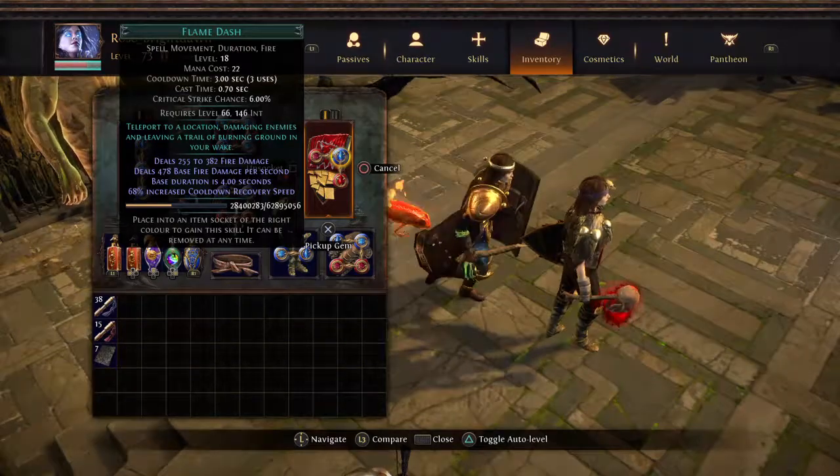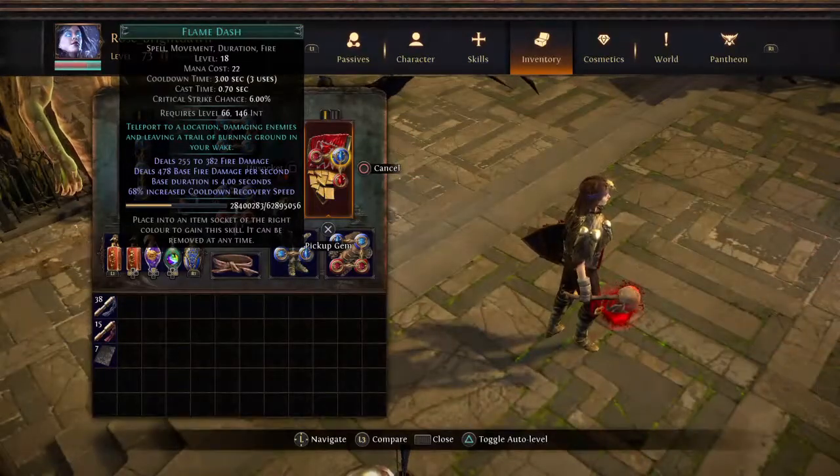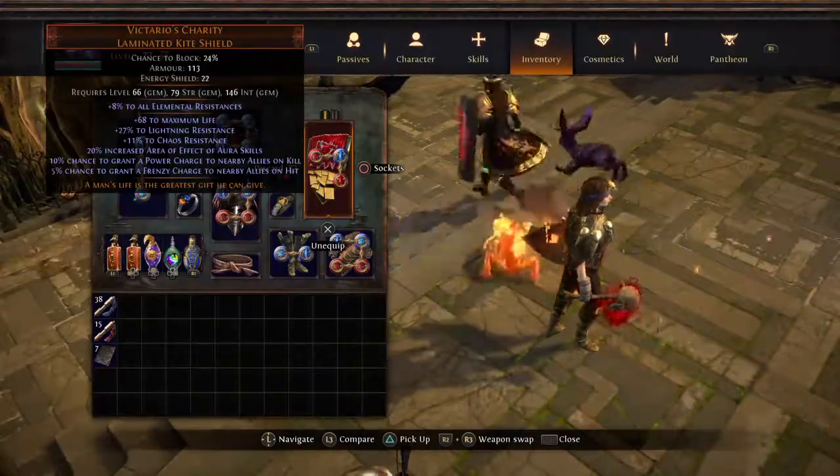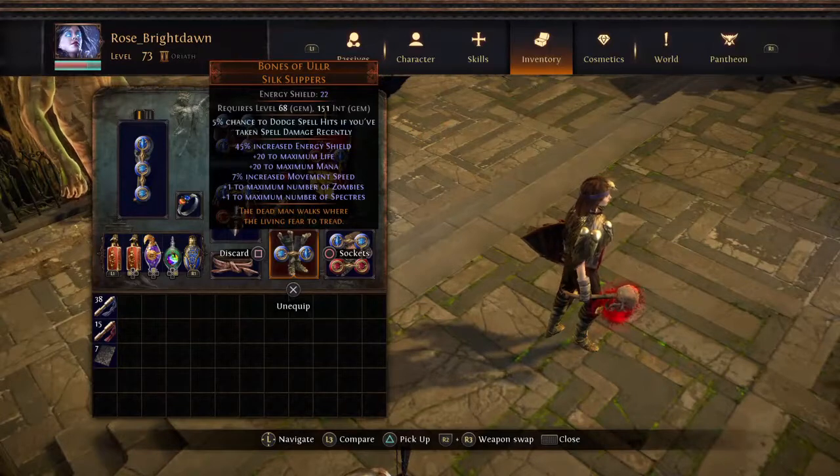This is my primary escape spell, but I actually was thinking about switching over to Shield Dash or Shield Bash, something I saw. You can only use it if you have a shield, and you deal damage to enemies as you're going through. So it's kind of cool. Let's take a look at the